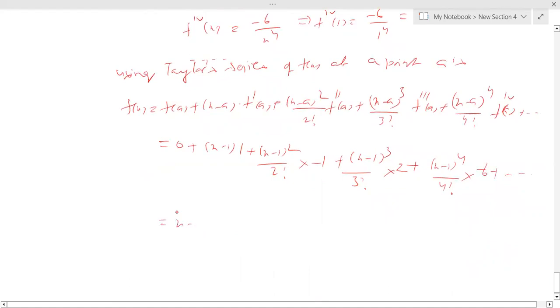Simplify this expression: x minus 1 plus x minus 1 whole square by 2 minus,